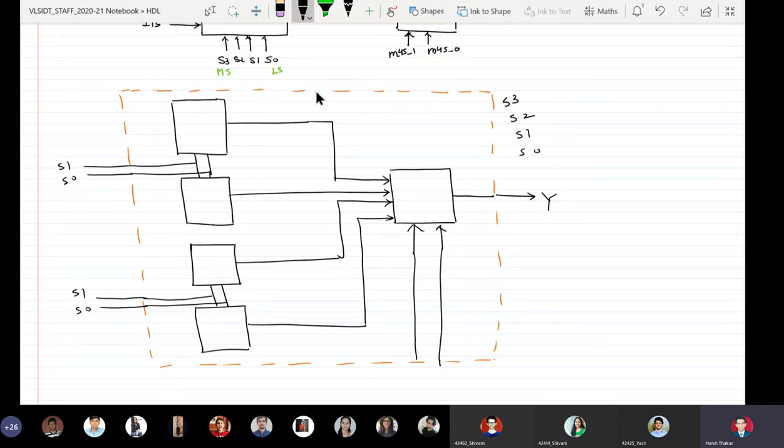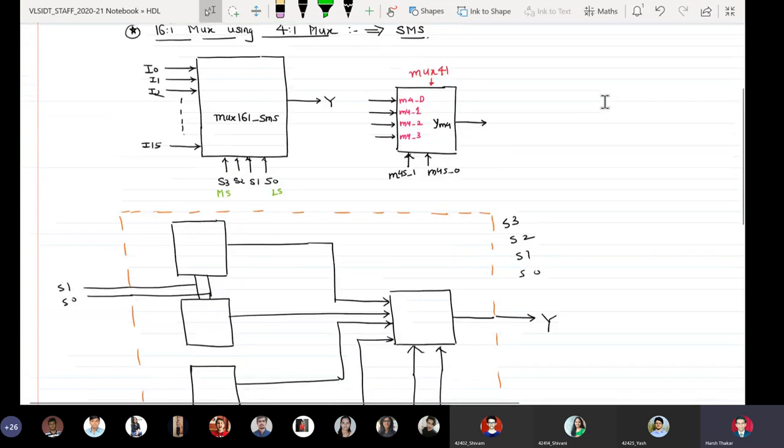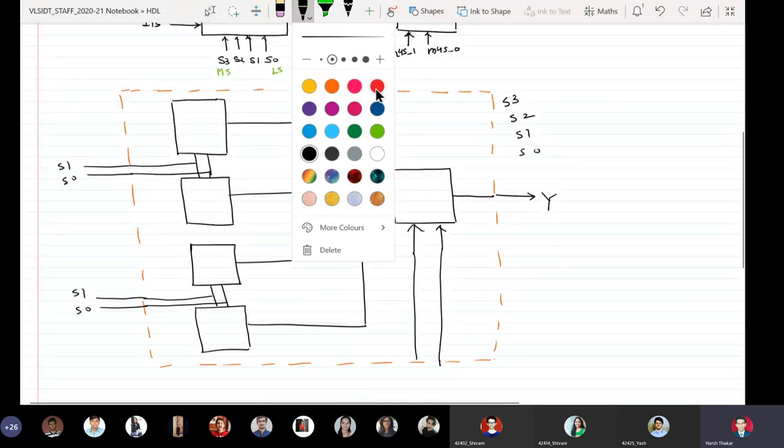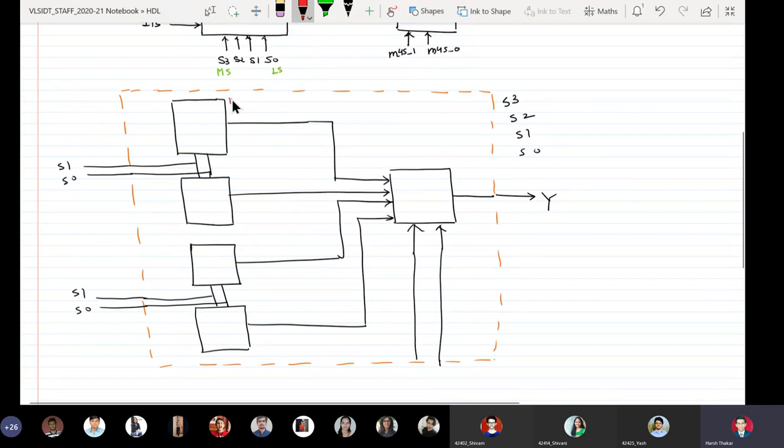Our component name is mux41, so we will give the instance names: the first instance will be mux41_0, then mux41_1, mux41_2, mux41_3, and this one will have the instance name mux41_4.